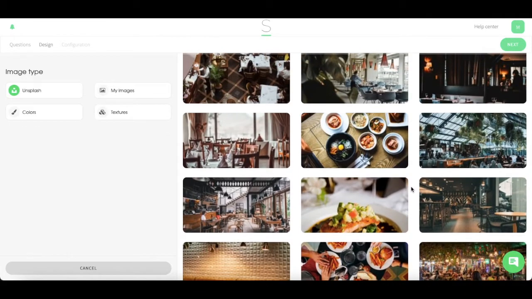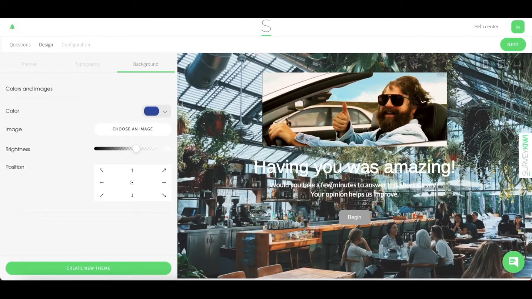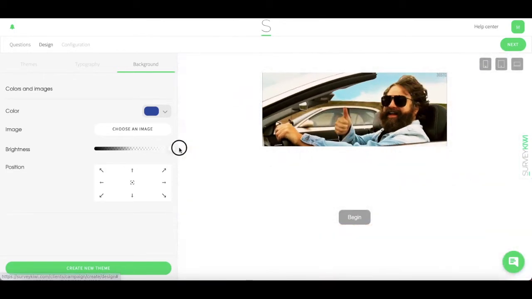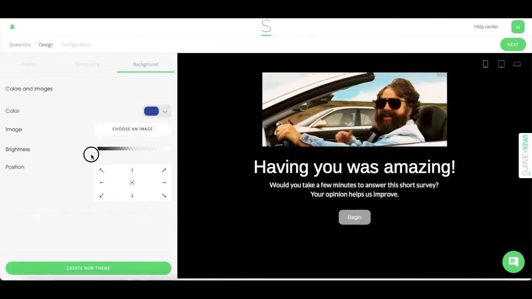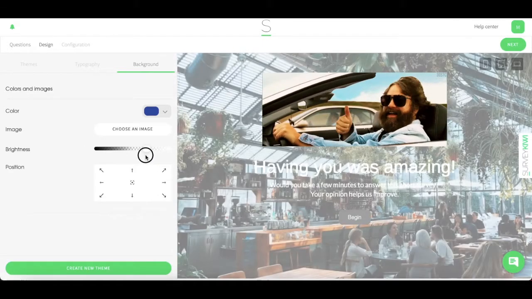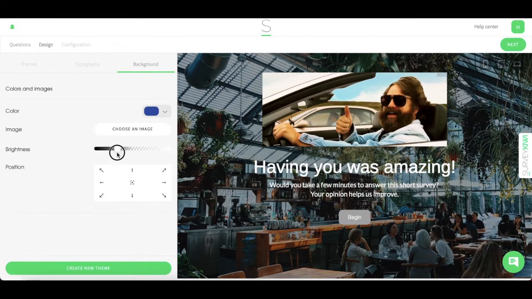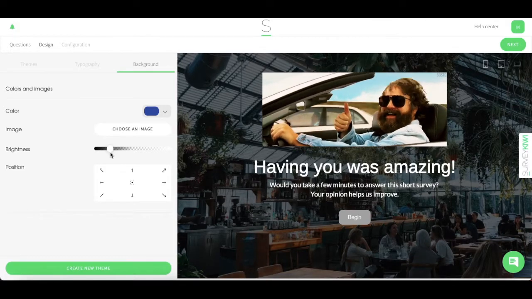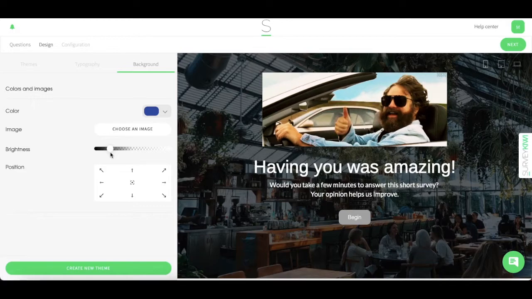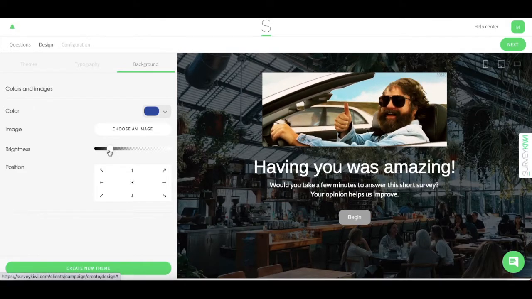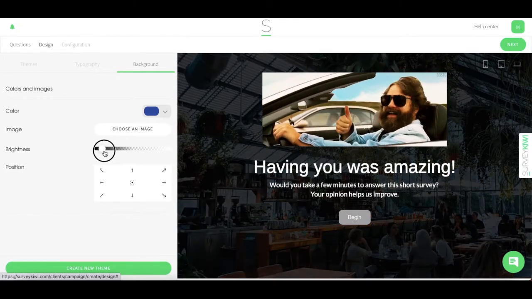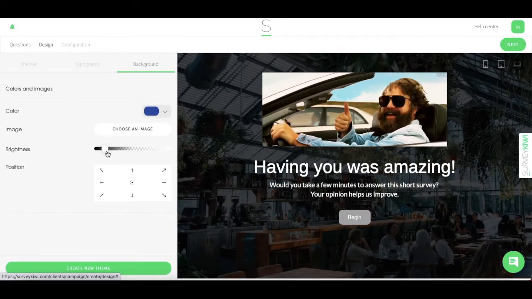Once selected the background, you can increase or decrease the brightness for it to contrast better with your text, buttons, and images. The closer to the white side, the brighter the image, and the closer to the black side, the darker the image. This is very important because your main objective is to make the survey easy to answer, easy to read, and overall a pleasant experience. Modifying the background's brightness is crucial for making sure that everything is readable and nothing is seen as a challenge for your respondent. For example, this is hard to read, but this changes it completely and makes it readable.